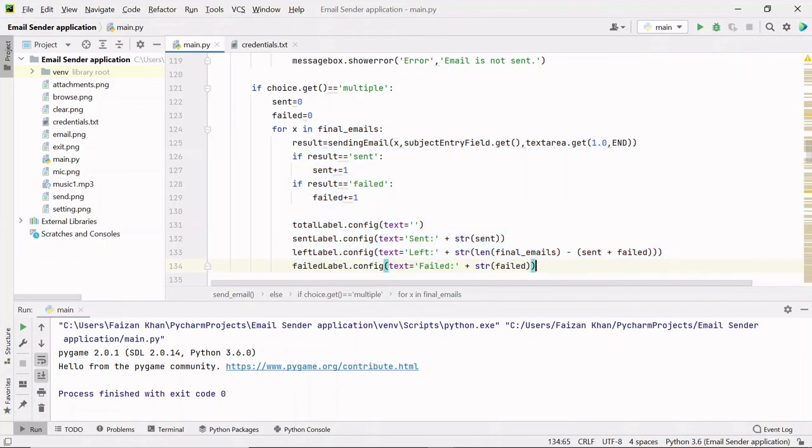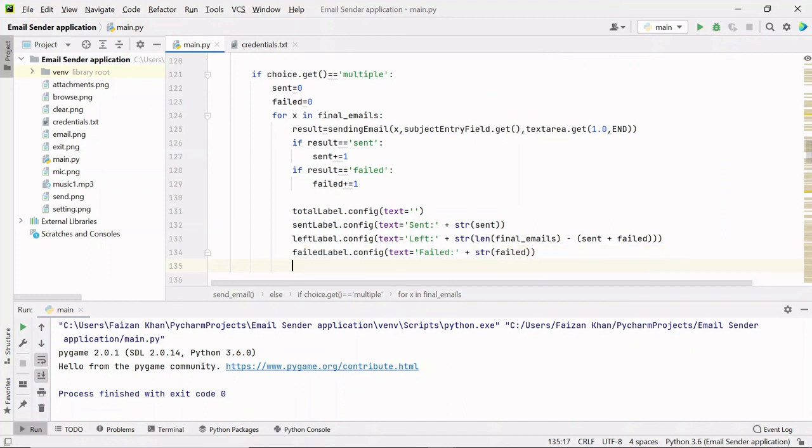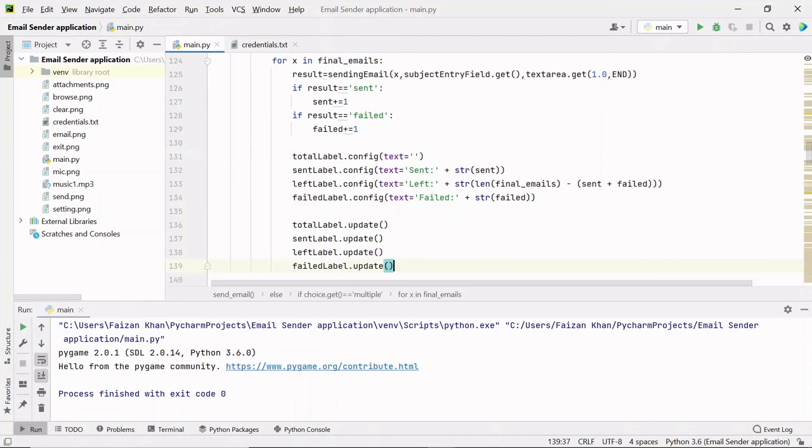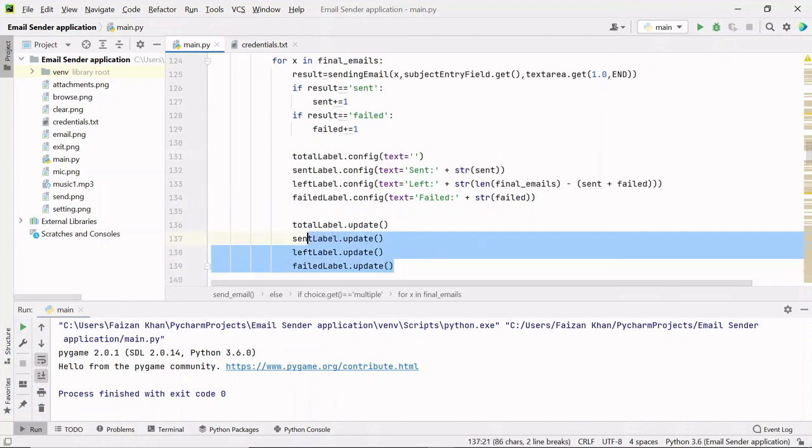So to show the values of these labels getting updated on each iteration of the loop, we will have to update these labels. So I'm simply updating all these 4 labels. So on our GUI window, you will see the update when each email is sent or failed.